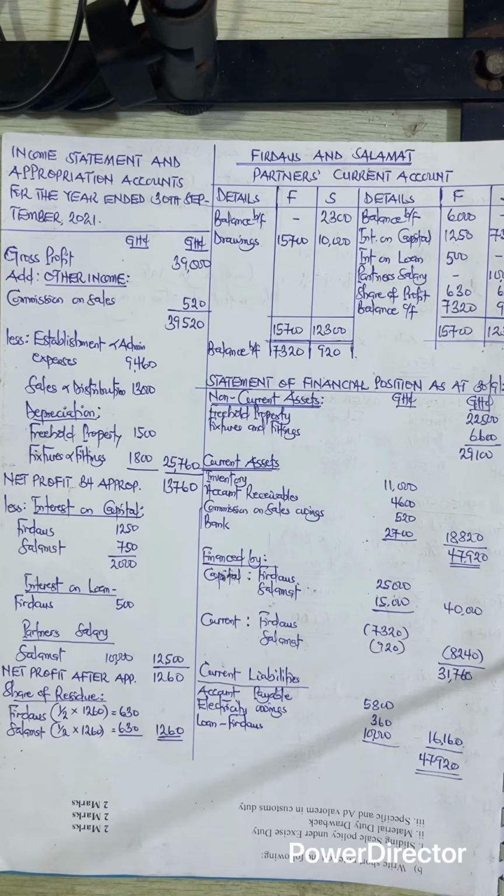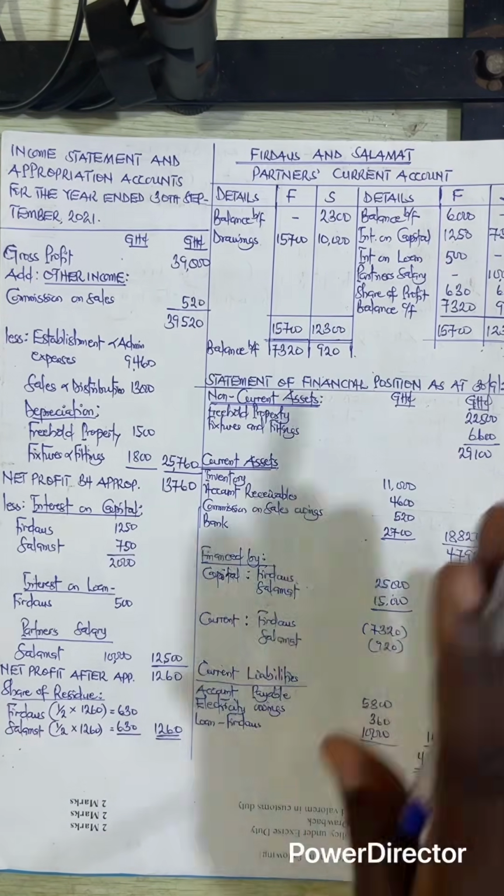Here, the profit and loss sharing ratio wasn't given, and according to the conditions that must apply in the absence of a partnership deed, profit and loss must be shared equally. So if you have a question whereby they are not telling you to share according to a ratio, divide the residue or the remaining profit into two. So it will be half-half. That's why we got 630, 630. Then we come to